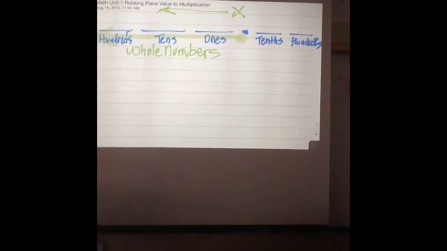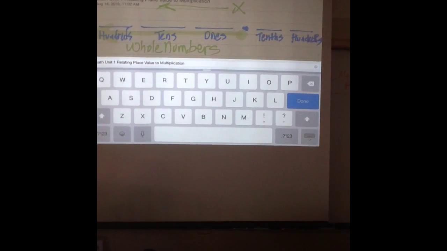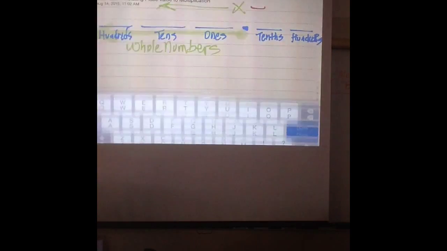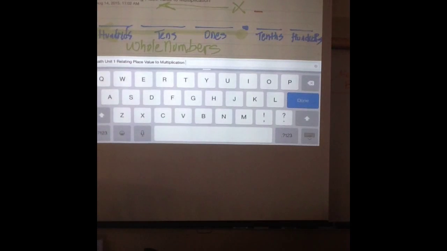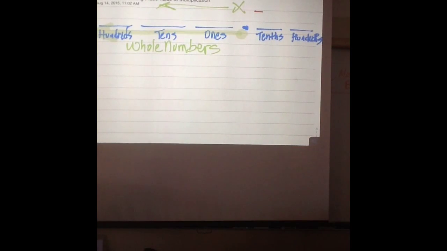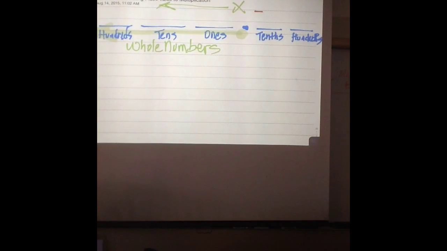left. Now when we divide, it doesn't want me to divide up there, does it? Okay, when we divide, which way do you think we're going to go? Right. Yeah, we are going to go to the right. So I'm going to put division here. We're always moving to the right when we divide, and when we multiply, we're always moving